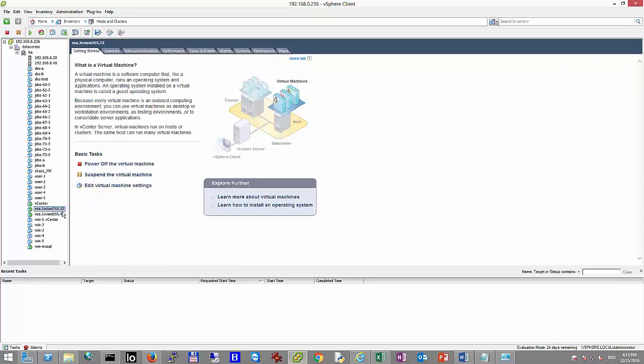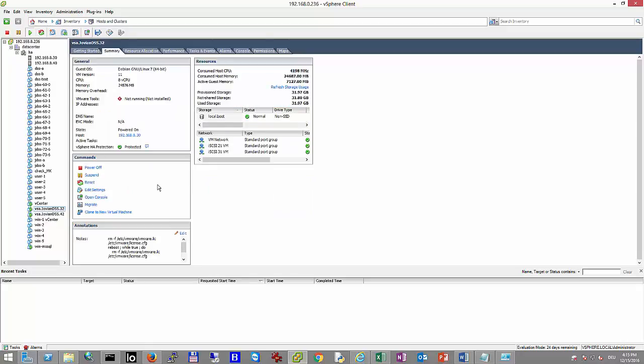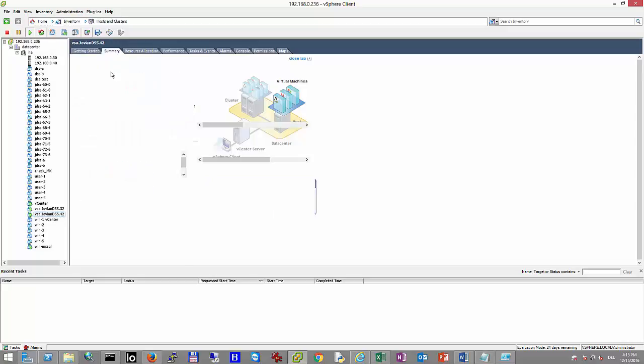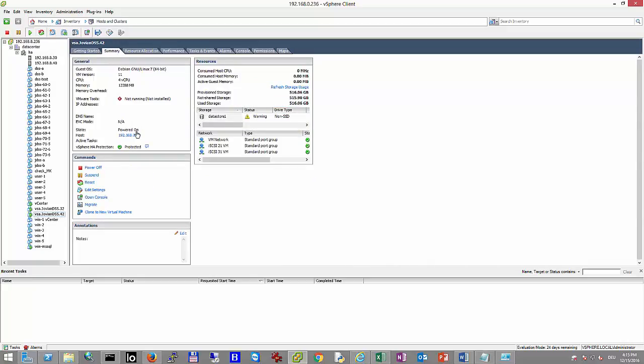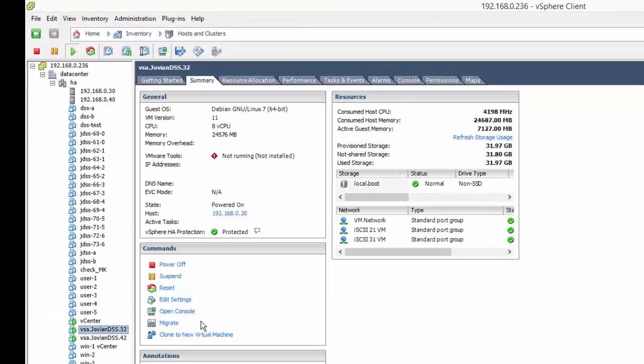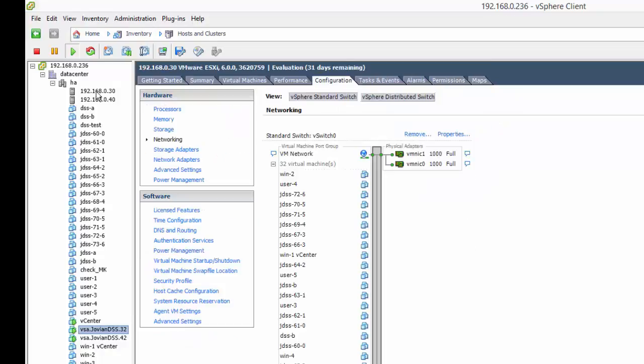The Jovian .32 is working on the node .30, and the next Jovian .42 is working on the node .40, right? And these Jovians are not movable because they have a pass-through controller. So I was installing on both Jovians.